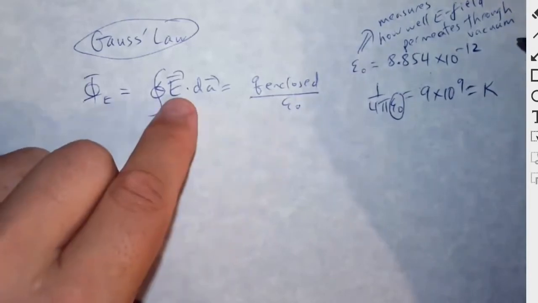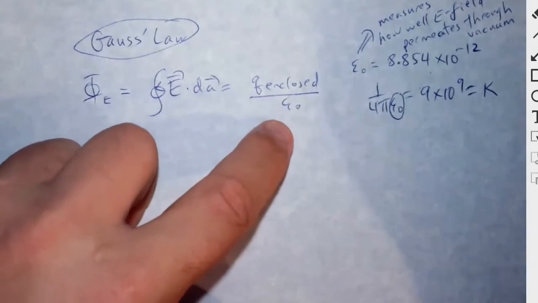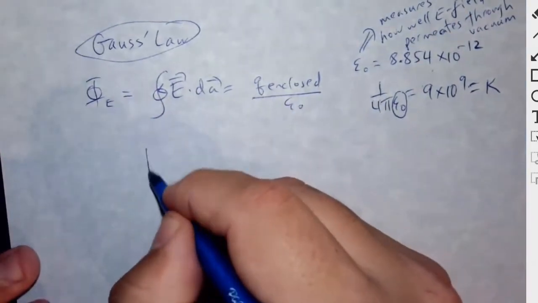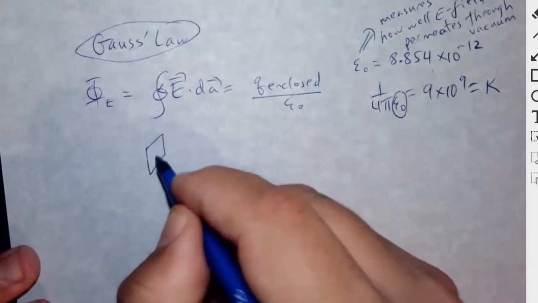Okay, so let's see, the integral of E dot dA is Q enclosed. So how do we apply that? So something like this: if you have a closed surface,